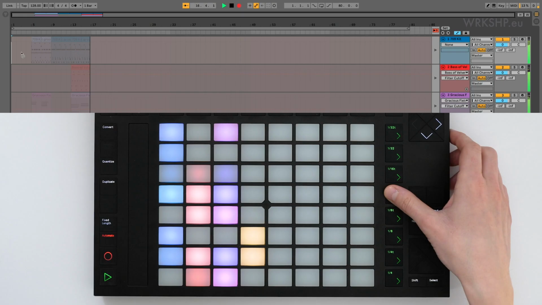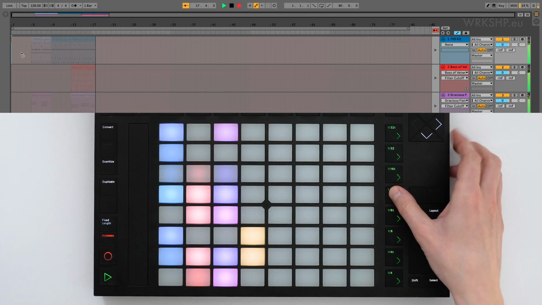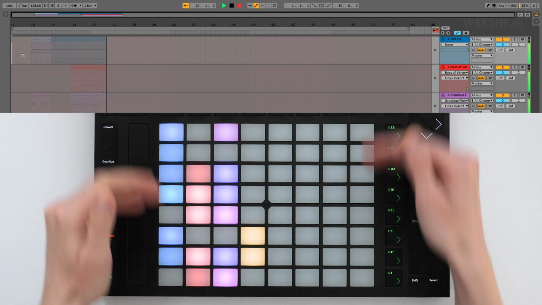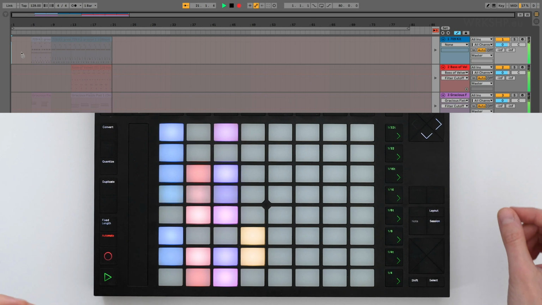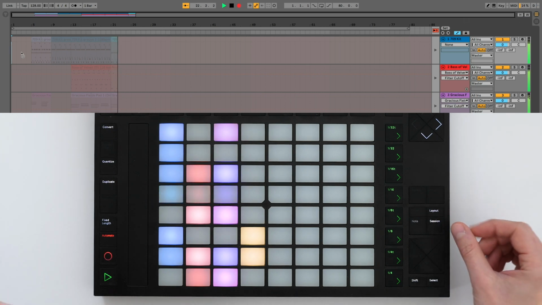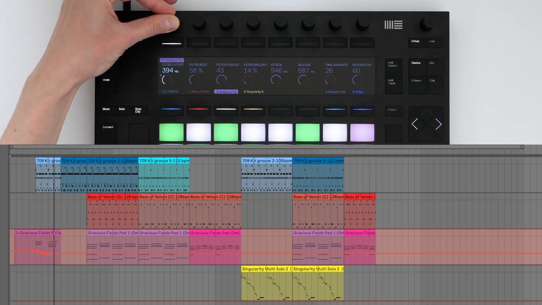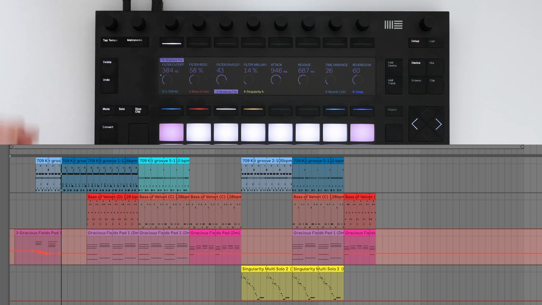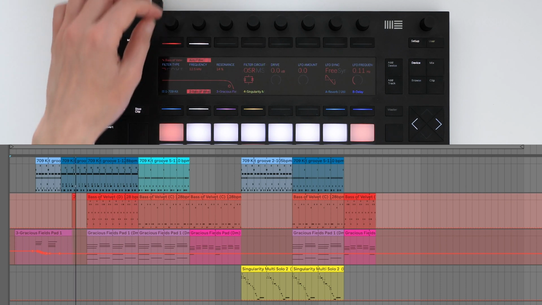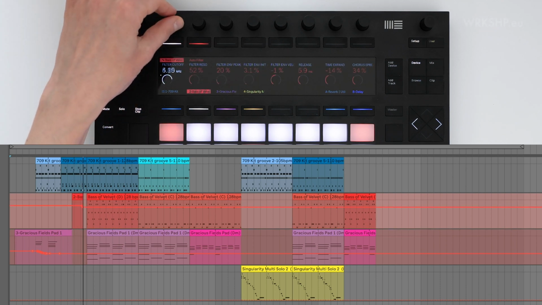And then you can also use it as a way of recording in notes in real time. And then also you can basically go through existing arrangements that you've made with Push or without, and overdub essentially, or add new layers, so extra notes or automation, or change different parameters. And I think there it's a really interesting device. So let's have a look at that.